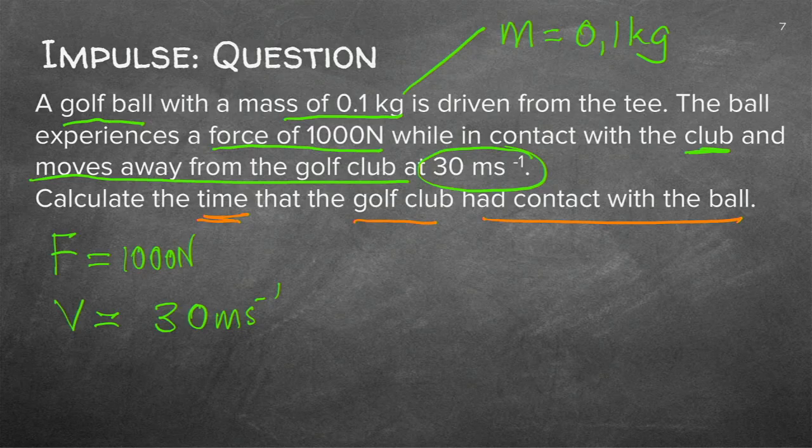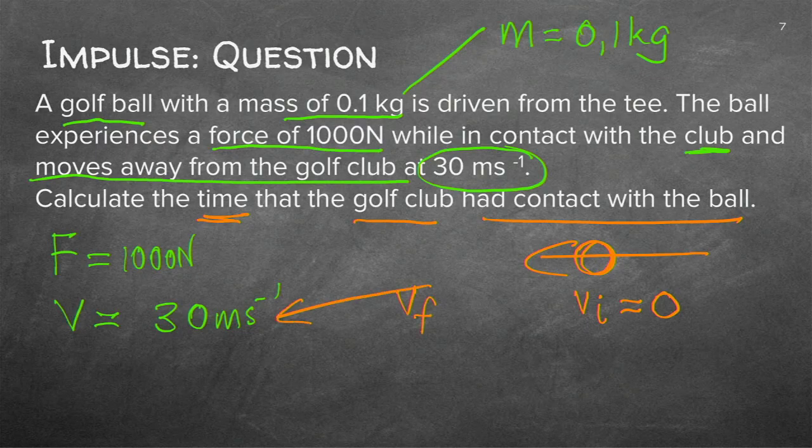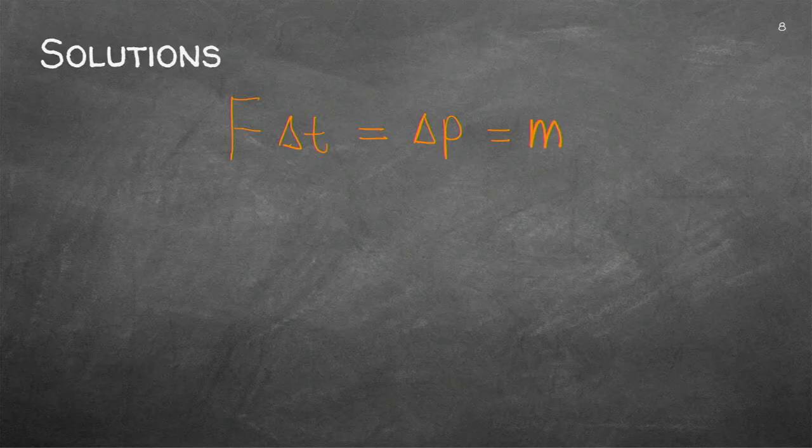Now we know the ball was lying still, which means it had a velocity of 0. As soon as it had been hit by the club, it traveled with a velocity of 30 meters per second. So I've got a few quantities, and then they asked me the time. Let us go to the equation. So I've got F delta t equals delta p, and you don't have to write all of this down, I'm just revising the theory with you.